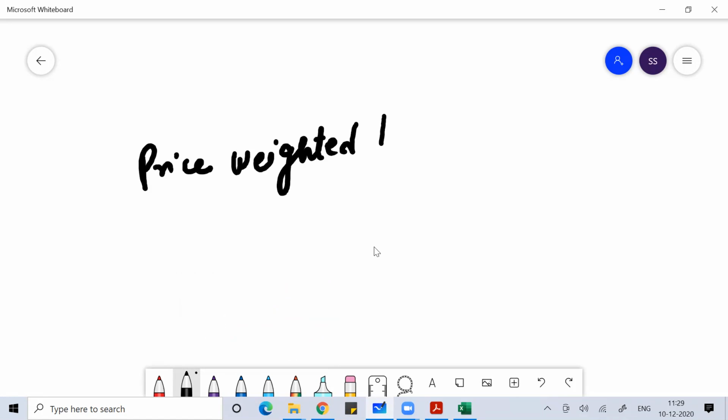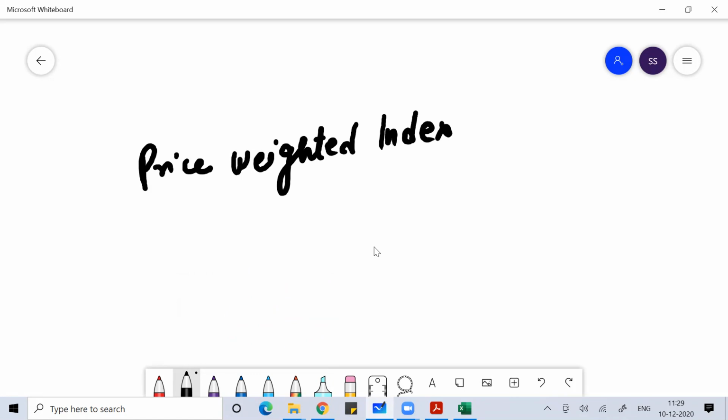Now that we have understood the concept of index numbers, let's use the same thing on stock indexes. There are different stock exchanges all around the world. A few stock exchanges follow only the price weightage index mechanism, like Dow Jones and Nikkei 225. They follow only the price weighted index methodology.